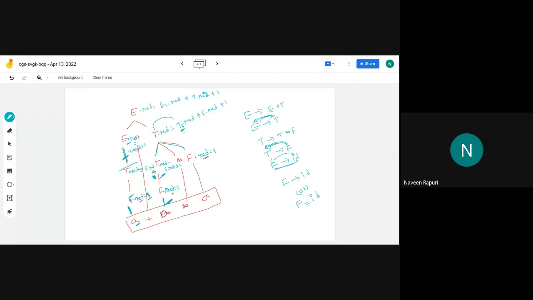So this is the annotated parse tree. For the given parse tree, I have written the annotated parse tree, sir. For the given parse tree, we have converted it to an annotated parse tree. The parse tree is